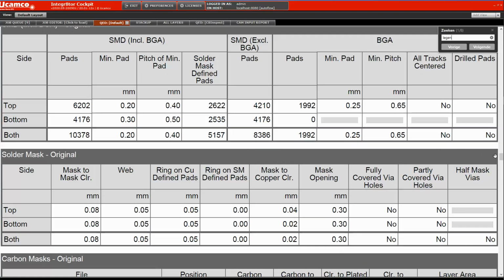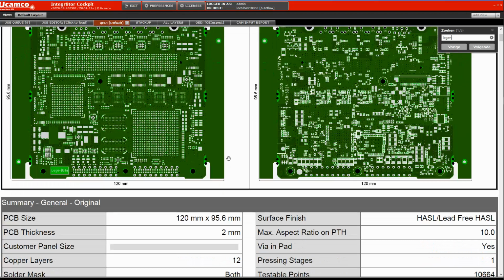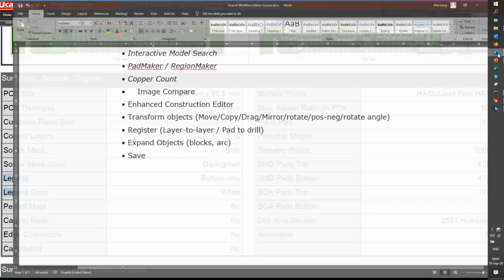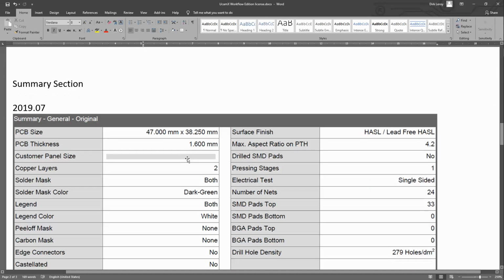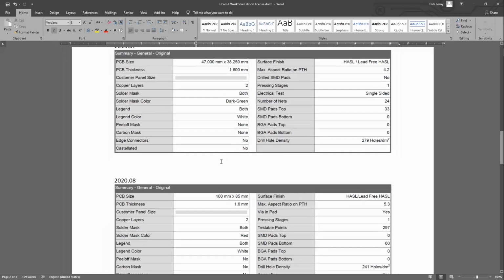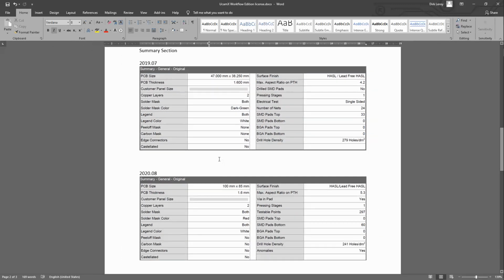Then to finish off this quick tour of the QED, let's go back to the very beginning, because we have been rearranging bits and pieces here too, moving stuff that was here to other sections. Probably the easiest way to do this is to go back to this document that I had before, where we can now see I have made a summary of the old style, so the previous version of the software, how it would come out, and then the August